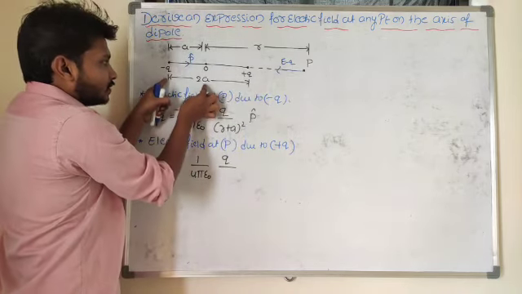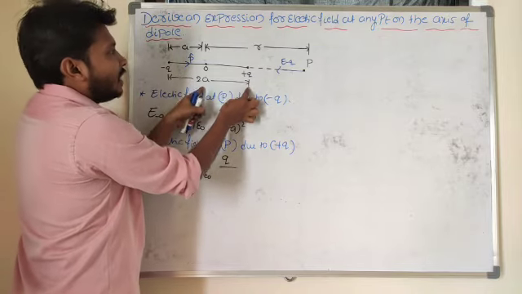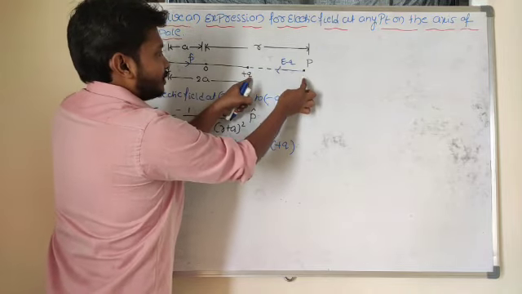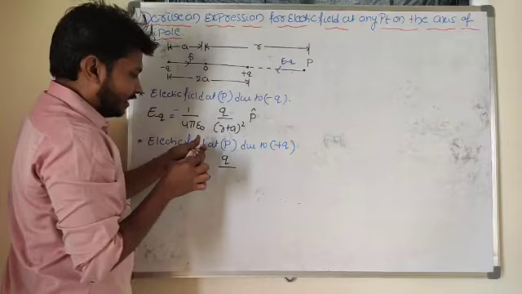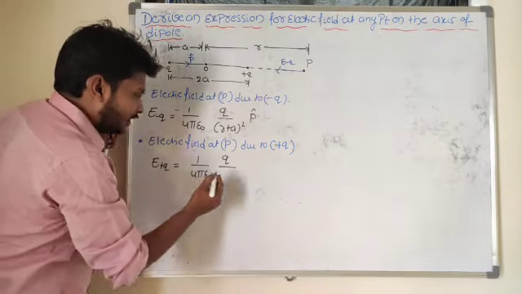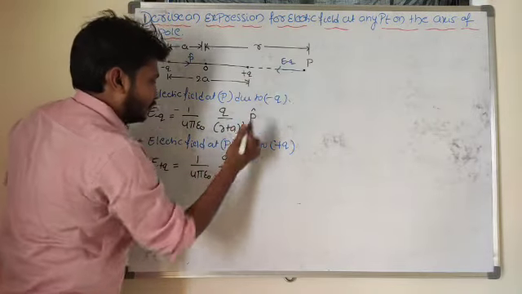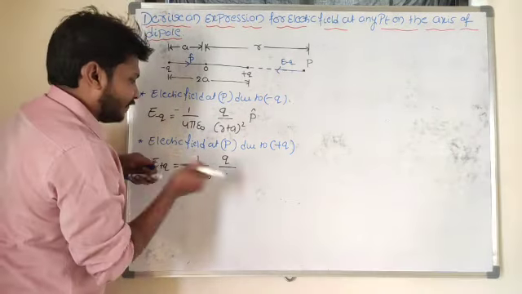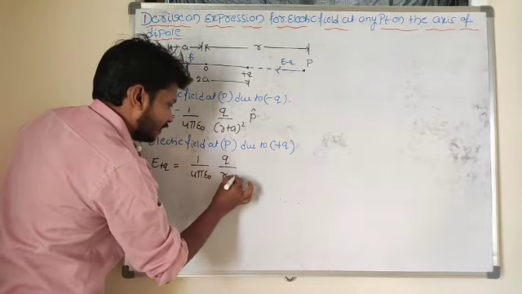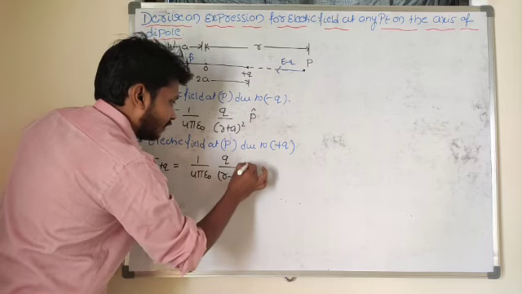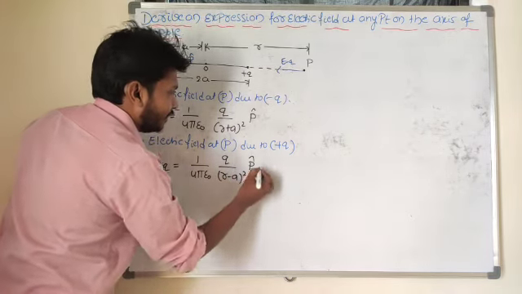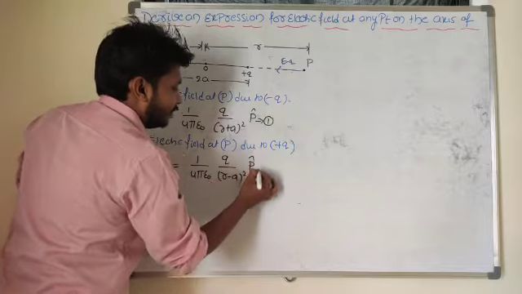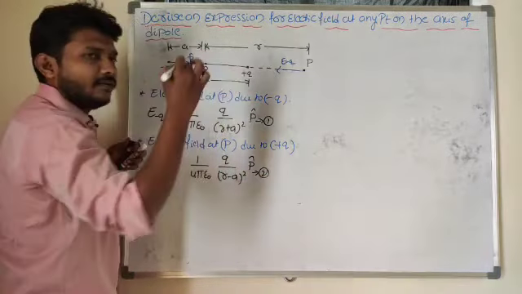Why? Because it is 2a, so this is a and this will be a, and the distance from plus q to P is r minus a here. What is the distance here, sorry, the distance from plus q to point P? That distance is r minus a. So what's the distance here? r minus a whole square into p cap. So this is equation 1 and this will be equation 2.